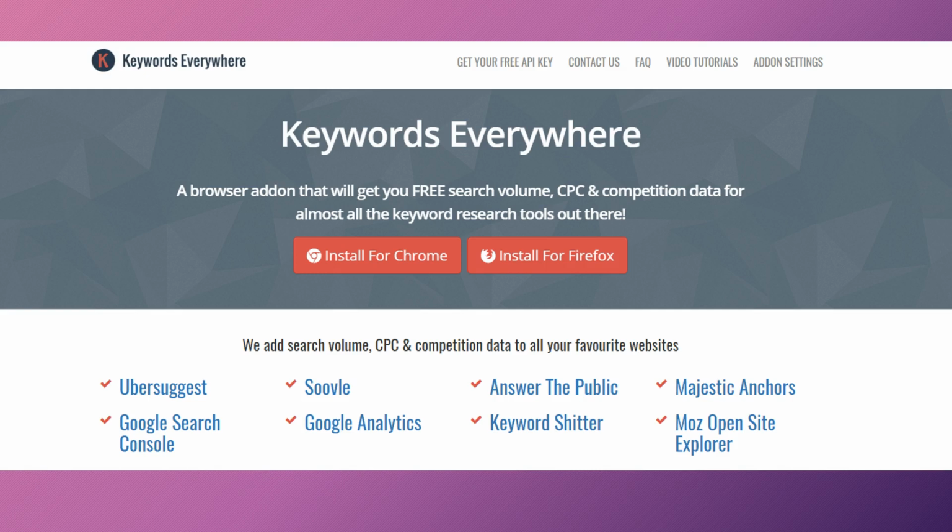So my good friend Mark Harbert, who's an internet marketing expert, shared with me how he's using Keywords Everywhere. This is a great tool for doing keyword research. It's absolutely free, and it's an extension you can install on Chrome or Firefox. And what it's going to do is it's going to give you the exact monthly searches on Google. So you want to make sure that you download that extension.